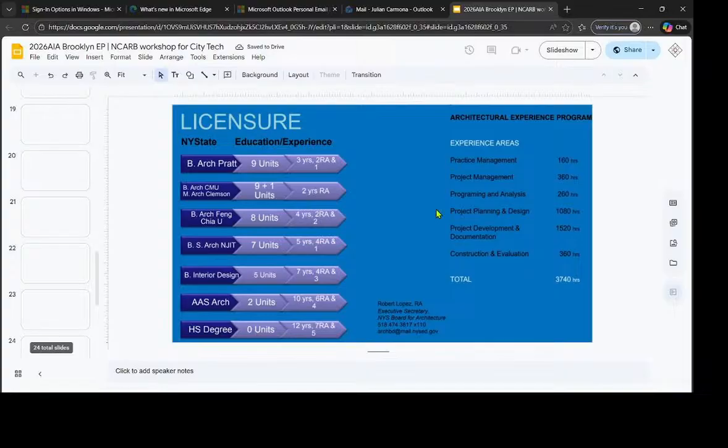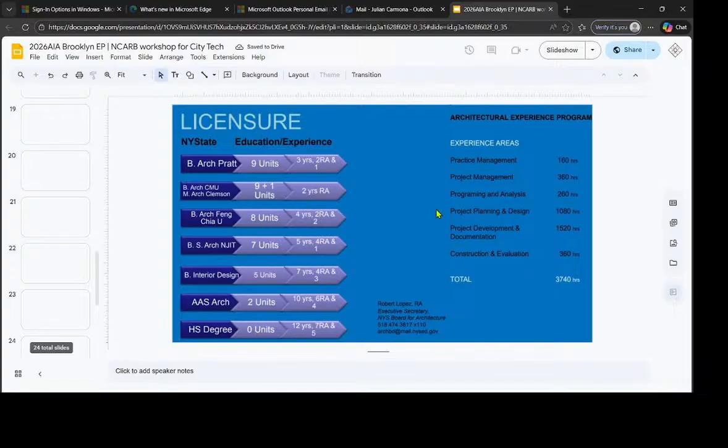You have to get to 12, and they will give you 3, so you need 3 years of experience working, 2 of which have to be for a licensed architect. If you have a master's of architecture, that gets you 10 units, the 9 plus 1, but then you have to work for 2 years with a licensed architect.